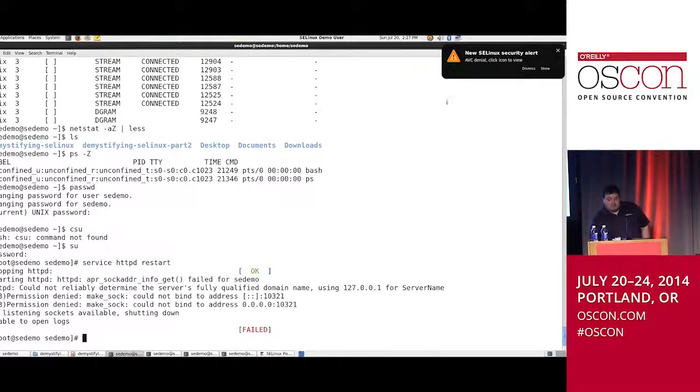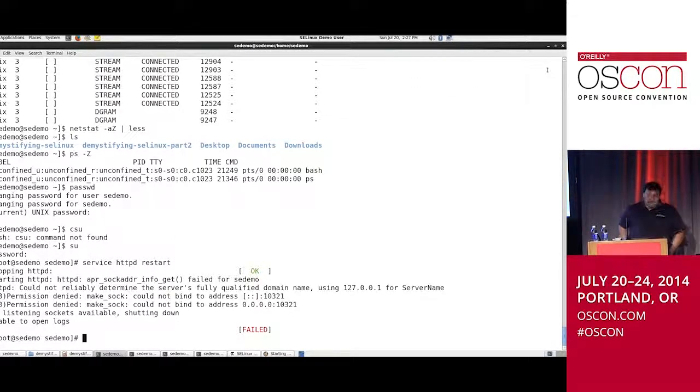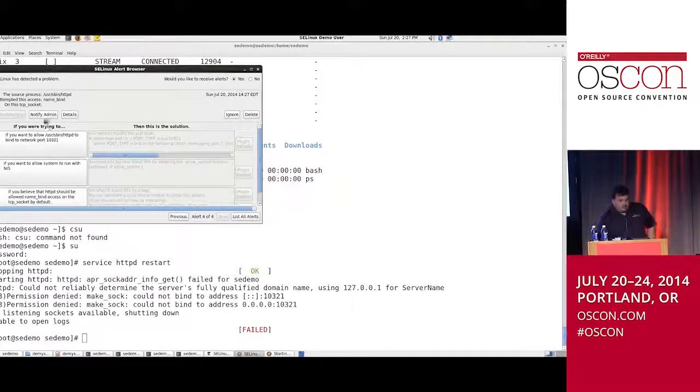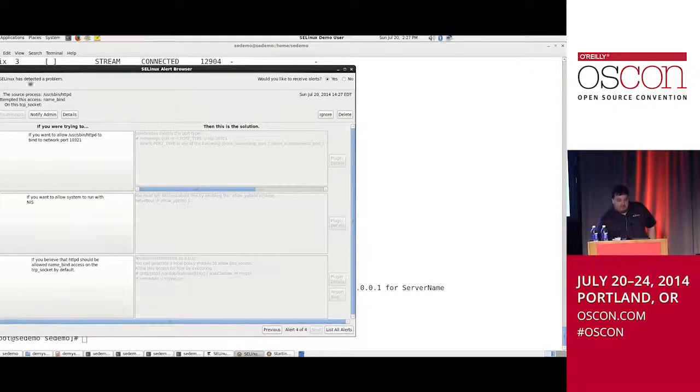So let's see what SELinux says. Why did we prevent Apache from binding to port 3.2.1? And basically, it's just saying that Apache tried to bind on a TCP socket that it didn't have access to. And it gives you a couple options of what you can do. If you want to allow it to bind on port 321, and this is going to be our actual answer here,